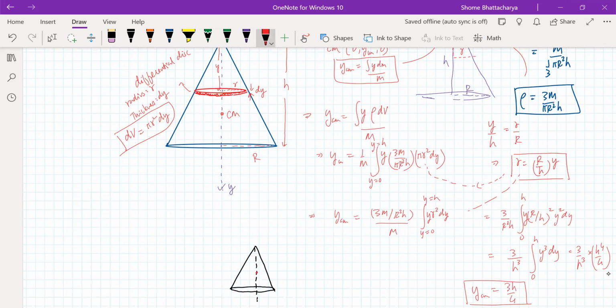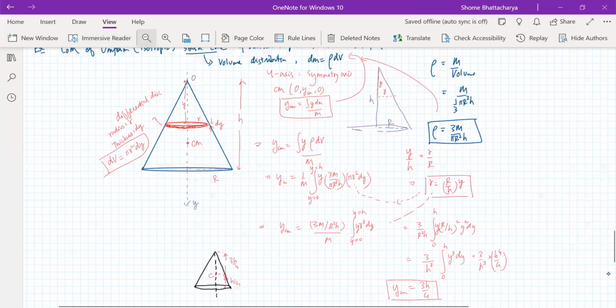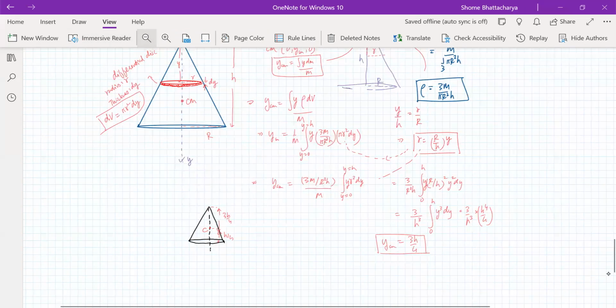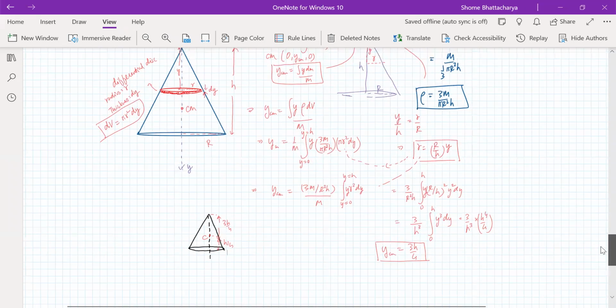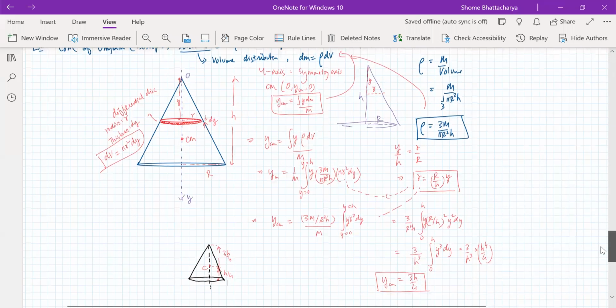The center of mass is here. Then this is 3/4 of the height, or in other words, from the base, it is at h by 4. So again, this is a result that you should remember, both for the case of the solid cone, which we've done here today, and the case of the hollow conical shell, which we'll do later, open hollow conical shell. That will become a surface distribution, but a non-laminar surface, a 3-dimensional surface. And this is a solid volume distribution of mass, as you can see.